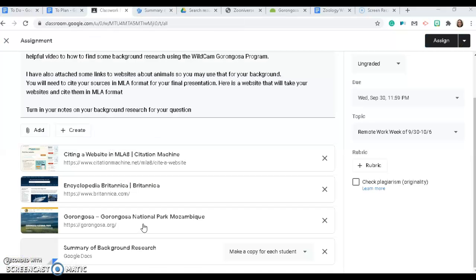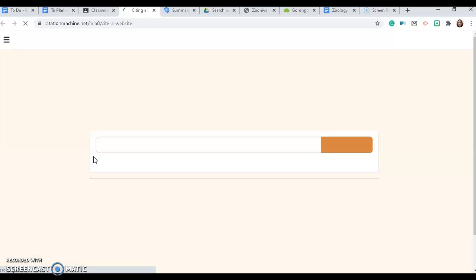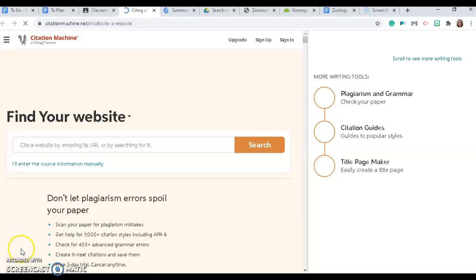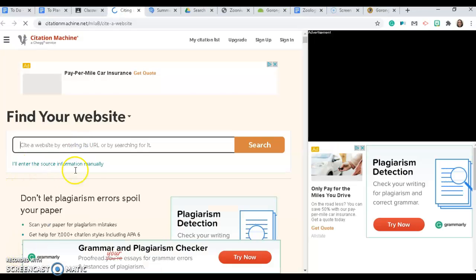In order to make citing the different sources easy, I've attached a link. This is a citation machine generator. It's super easy. All you have to do is copy paste the URL from the source that you used, and it should generate an MLA citation for you. You can also enter the information manually if you want, but I think it's easiest to just copy paste a URL and click search,